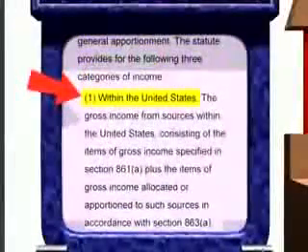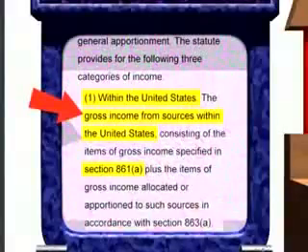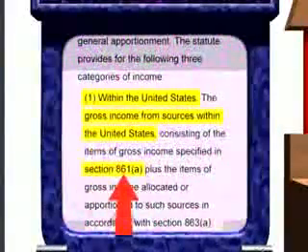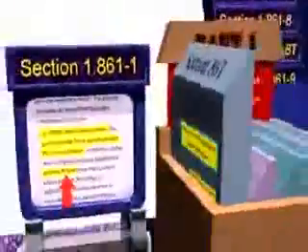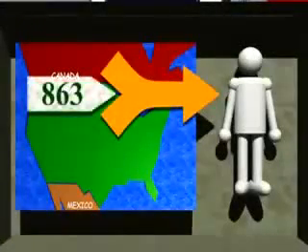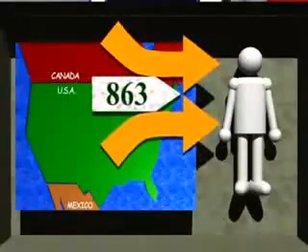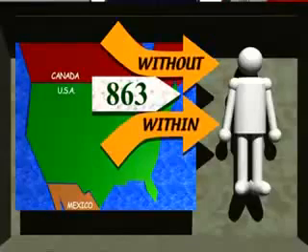The regulations clearly state that gross income from sources within the United States consists of the income described in 861(a) and the related regulations. If one has income partly from within and partly from outside of the U.S., then Section 863 gives rules about how to divide up such income, some of which will then be treated as income from sources within the United States. But Andy Green